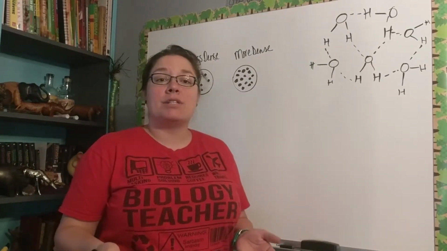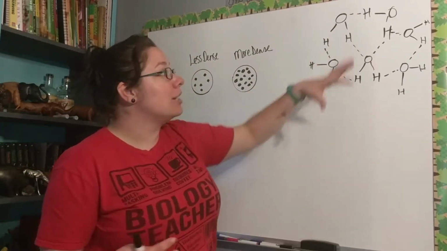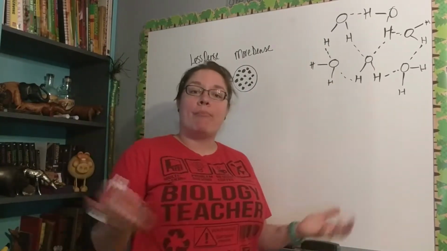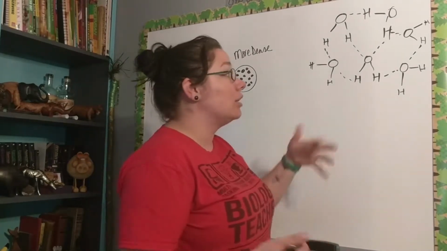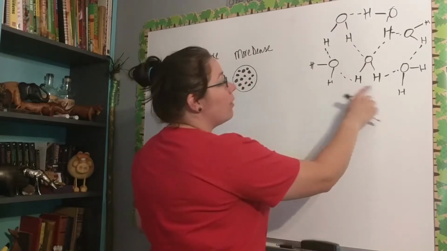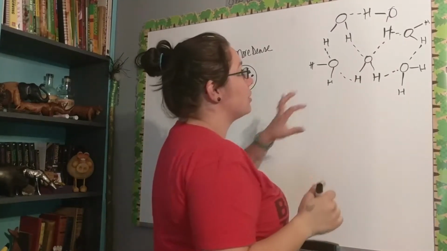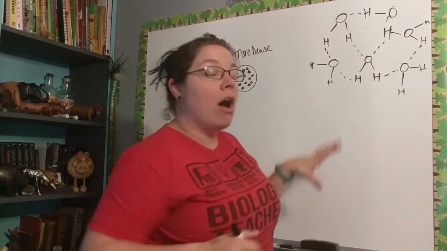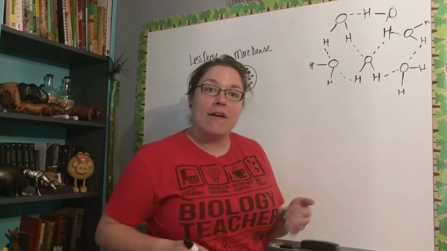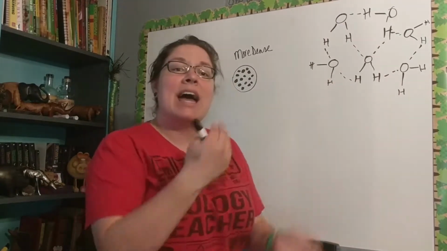The next thing that I want to talk about related to water actually has to deal with how hydrogen bonding occurs in a bunch of water. So if you have a lot of water, like a large body of water, a lake, you will see that water on a molecular level actually kind of makes a lattice structure. So you have a bunch of water molecules all hydrogen bound together. So before we get into this and how this relates to a high heat capacity, I want to back up